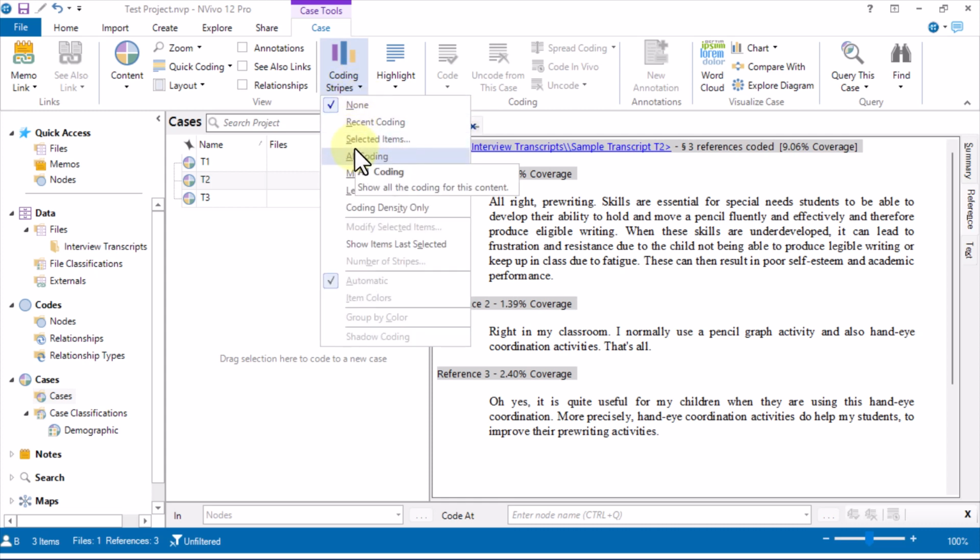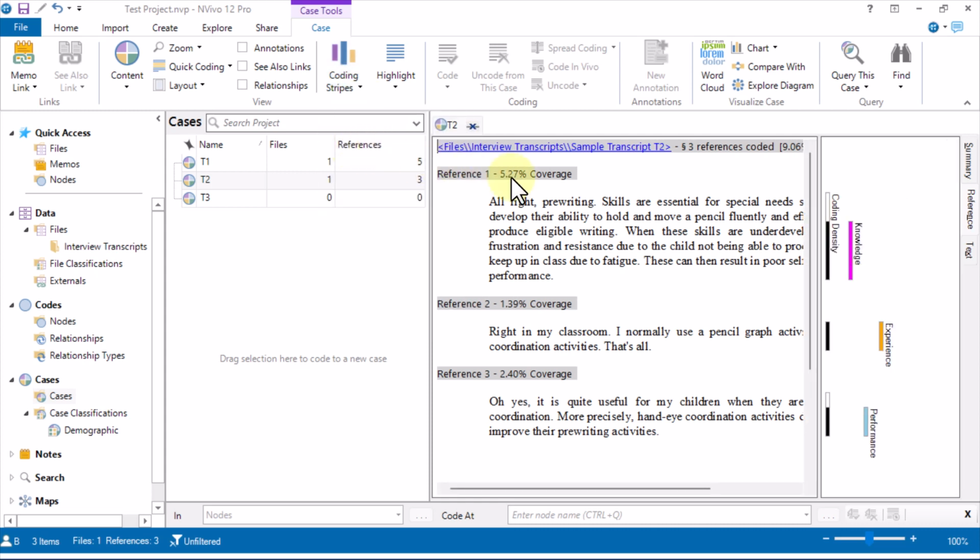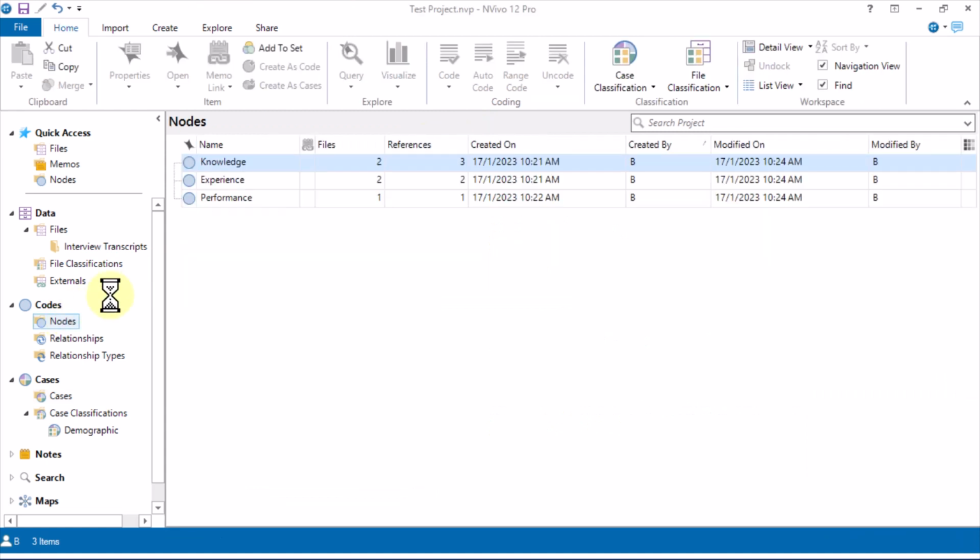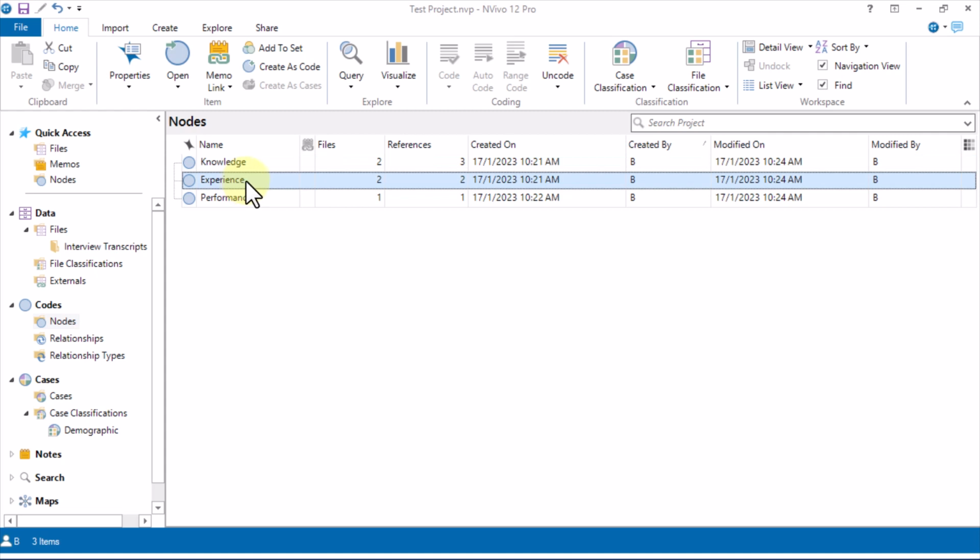You click on all coding, you can easily see what are the nodes you have coded according to your respondents. Another thing is that you can straight away go to the codes, you click on experience,